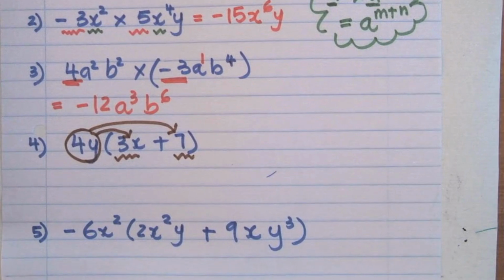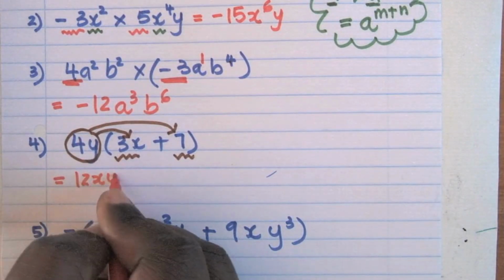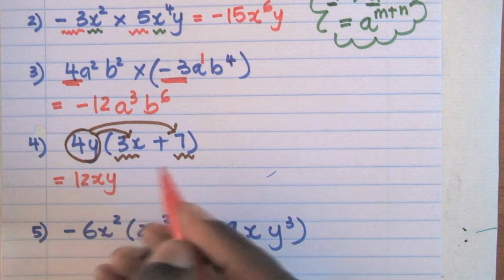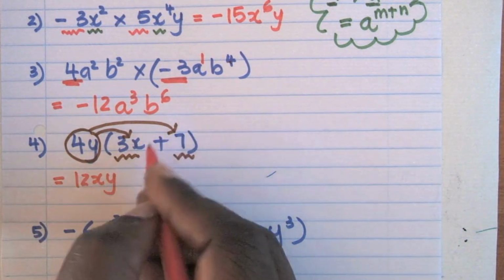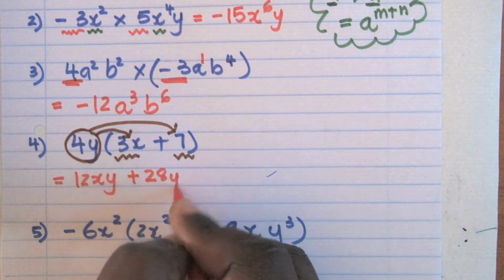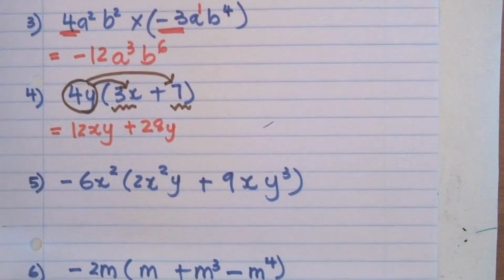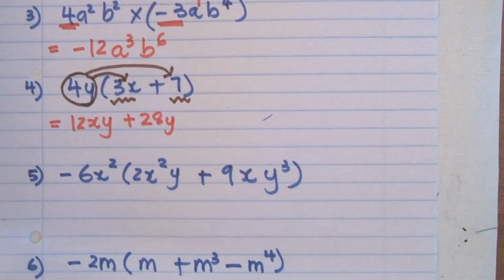And if I do that, I'm going to get 12xy in the first part, then 4 times 7, I'm going to get 28, and the variable is y. Number 5,